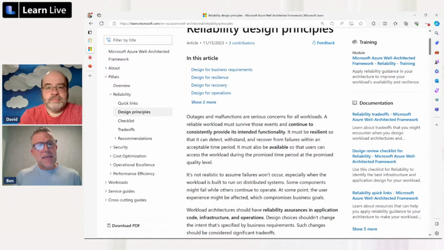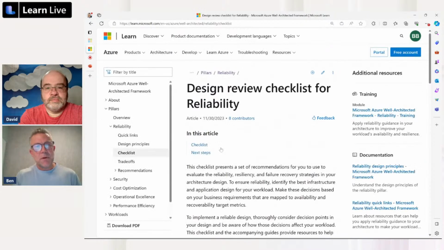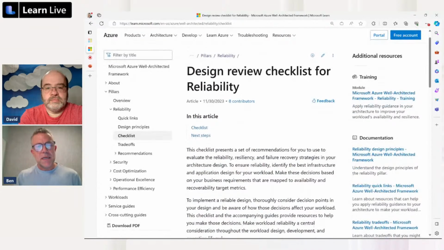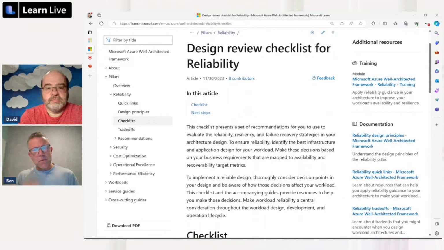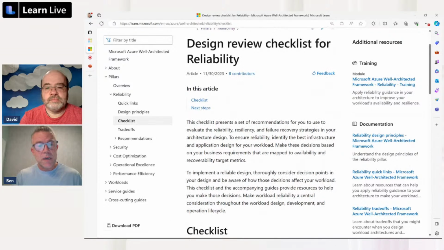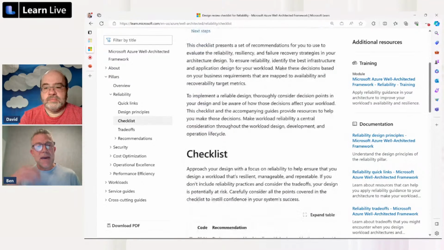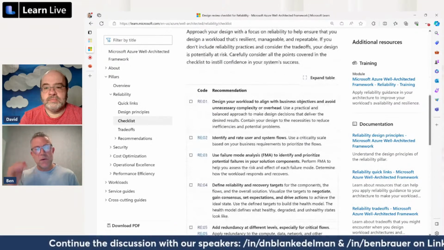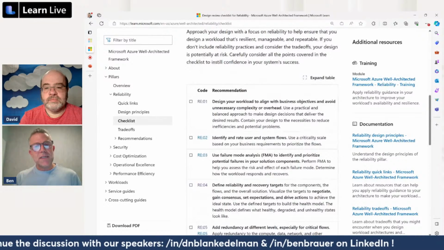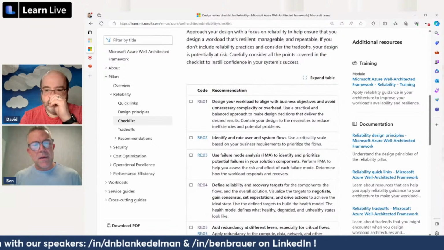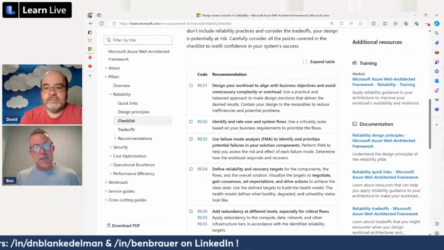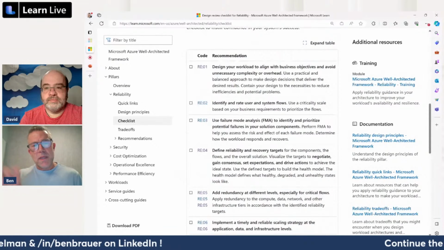When you get that sense, what you can then do is move deeper into what we call a checklist. As David was mentioning earlier, architects and developers are pretty smart people. They know what they're doing when it comes to the design of their architecture. But at the same time, it's good to have a checklist, so you get a sense for, have I checked all the boxes? Have I overlooked anything when I think about how this design is going to be, and specifically within this particular